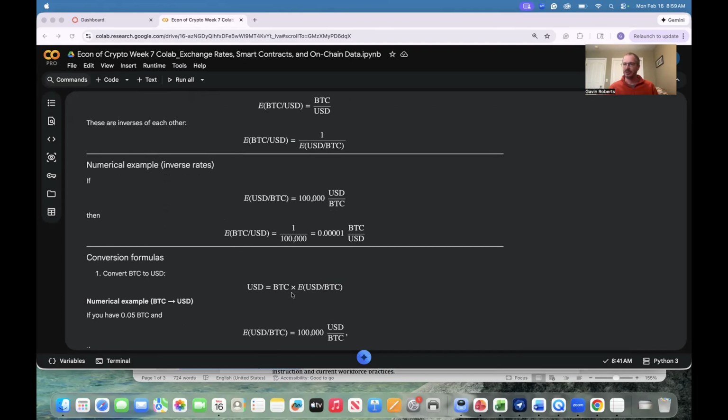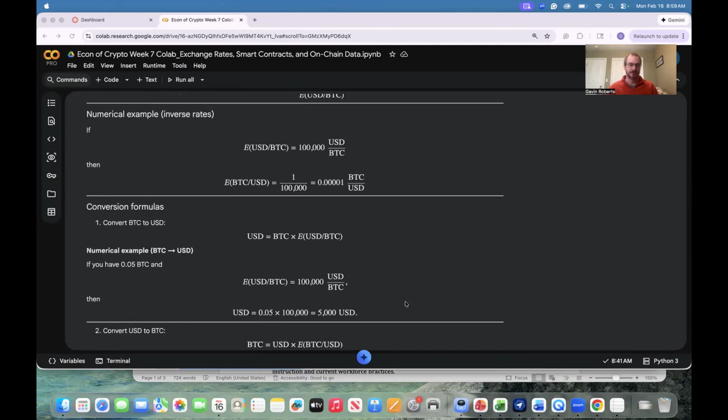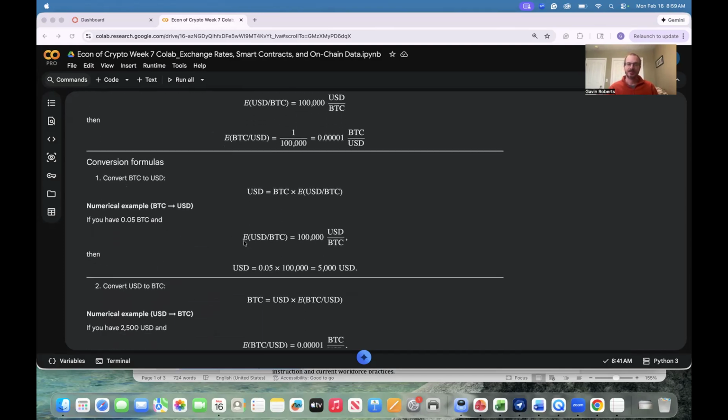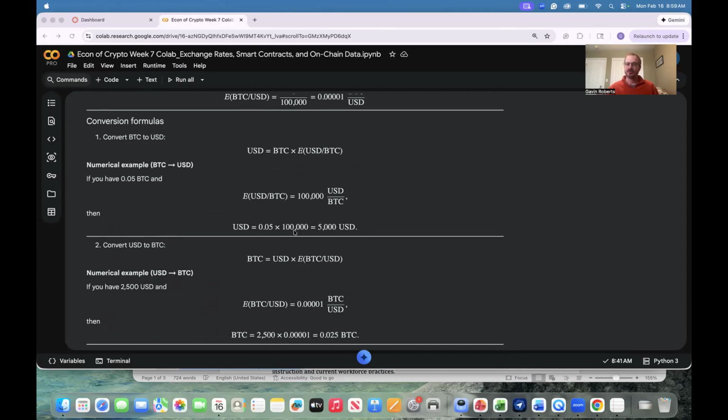That would work across many conversions. It's just making sure our equations are set up so the thing we want falls out of the equation and the rest cancels correctly. In this case, we want a US dollar amount, so we want Bitcoin to cancel out. If we have 0.05 BTC, we could say 0.05 times 100,000. Remember, this is 0.05 BTC over 1 times 100,000 USD over BTC. Again, BTC cancels and we get 5,000 US dollars.